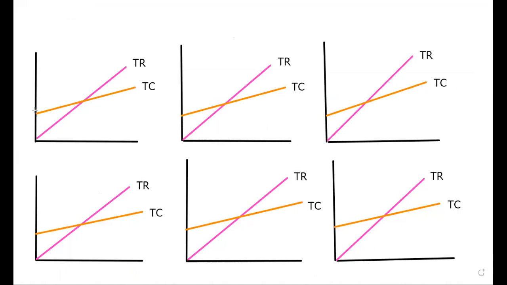Now, if your price increases, the total revenue curve will become steeper. You can see the total revenue curve becomes steeper here, starting from the origin. So the total revenue curve will go like this. I'm naming this curve, the total revenue curve, TR1. You can also draw along with me. Now you can see what happened to the break-even point.